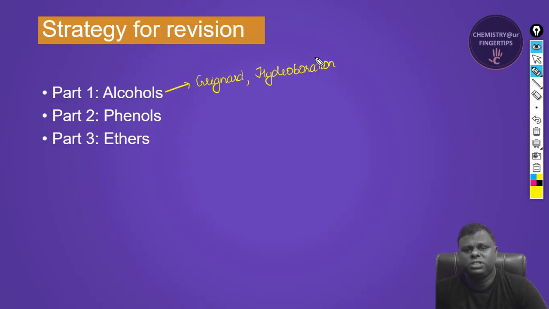If you would like to know how much time you could devote to the chapter, let's say if you're doing the revision, you can devote 45 minutes for alcohols, 30 minutes for phenols, and maybe 15 minutes for ethers, if you are completely thorough with the topic. By revision, I don't mean that you keep on writing things. I just want you to do things orally, because anyway you are going to write these when you are solving the questions as well, right?